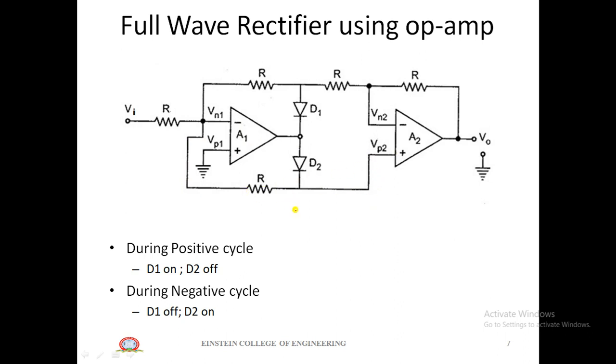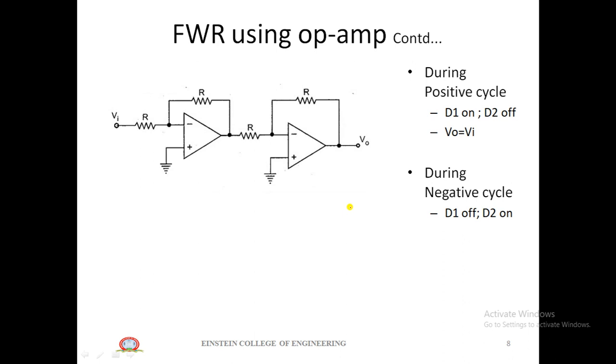So this connection can be eliminated. From this we can redraw the circuit diagram like this. Here we can see that there are two inverting amplifiers connected together. So the input of the first inverting amplifier will get inverted, and the positive will be inverted into a negative signal. This negative signal is given as an input to this inverting terminal. Then it will get inverted and you will get a positive signal. So we can get V0 is equal to Vi.